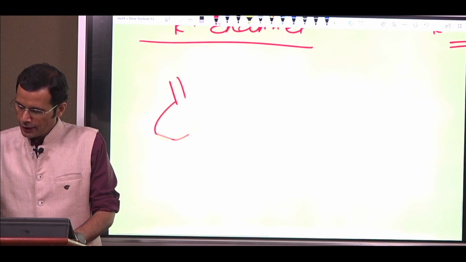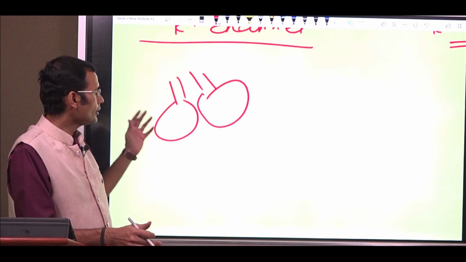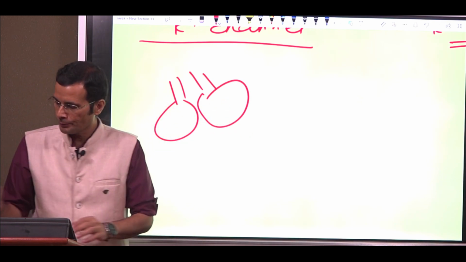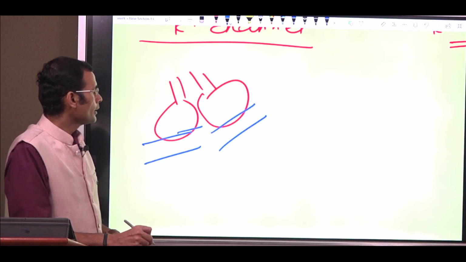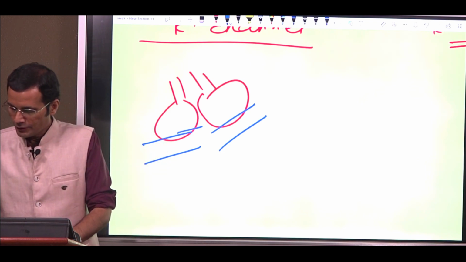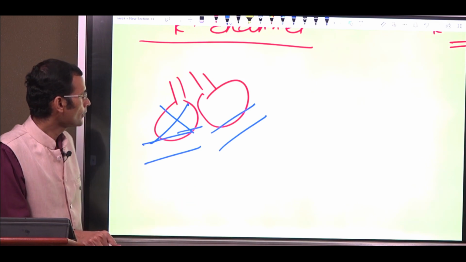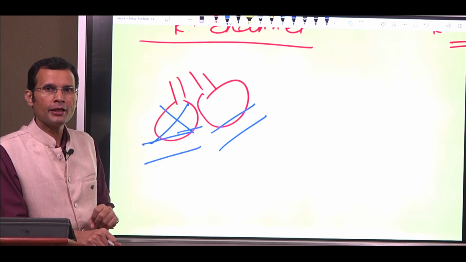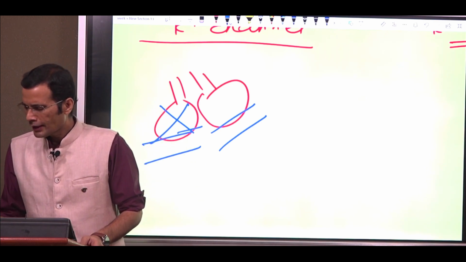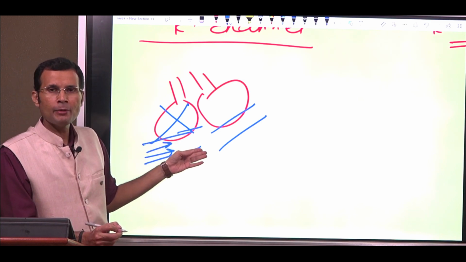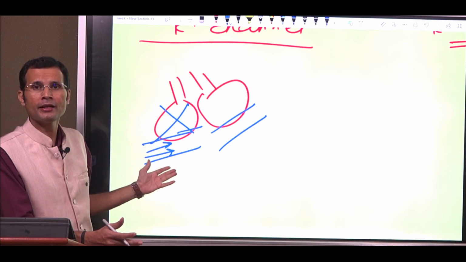Let's say these are the two regions. I have shown two alveoli, but let's refer to them as two different regions in the lungs. And there are blood vessels in the vicinity. Now, suppose the alveoli in this particular region are not functioning, and it's a hypoxic situation over there. If there is no ventilation in those alveoli, then blood flow near them will be a waste. There is no ventilation, it's a hypoxic region, oxygen has not come there.